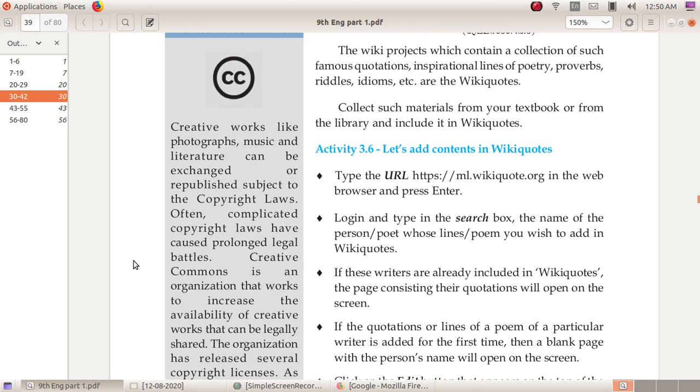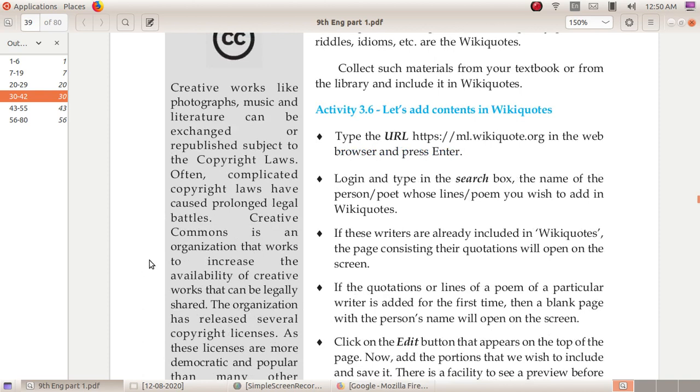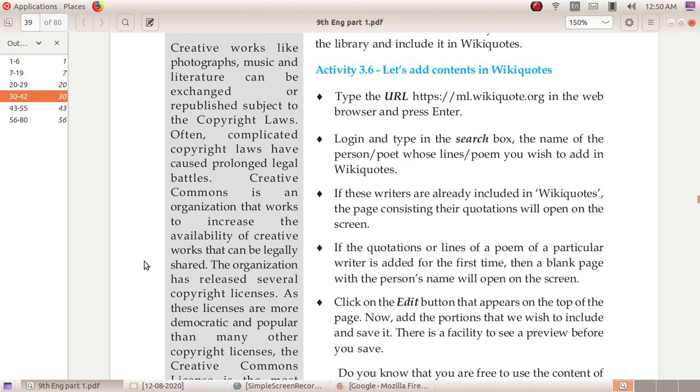CC means Creative Commons. Creative Commons is an organization that works to increase the availability of creative works that can be legally shared.